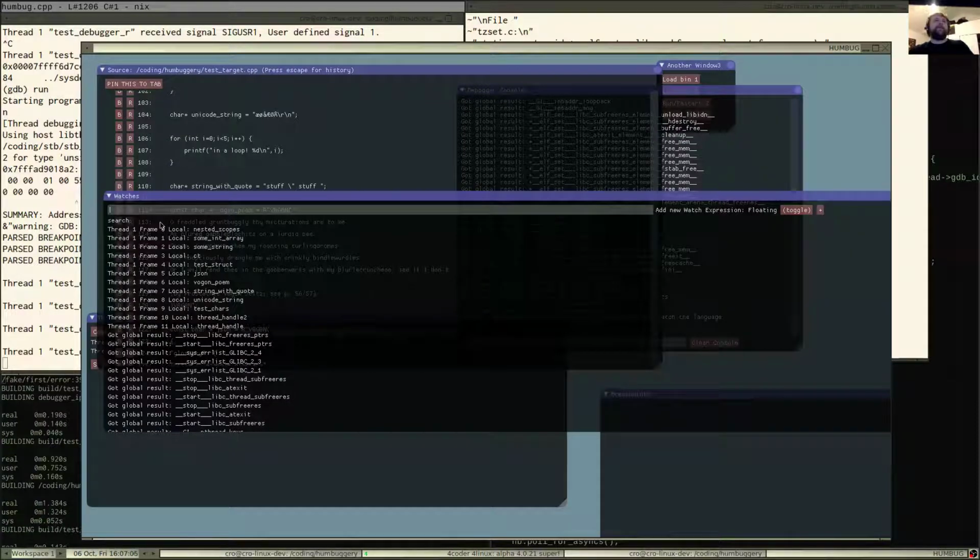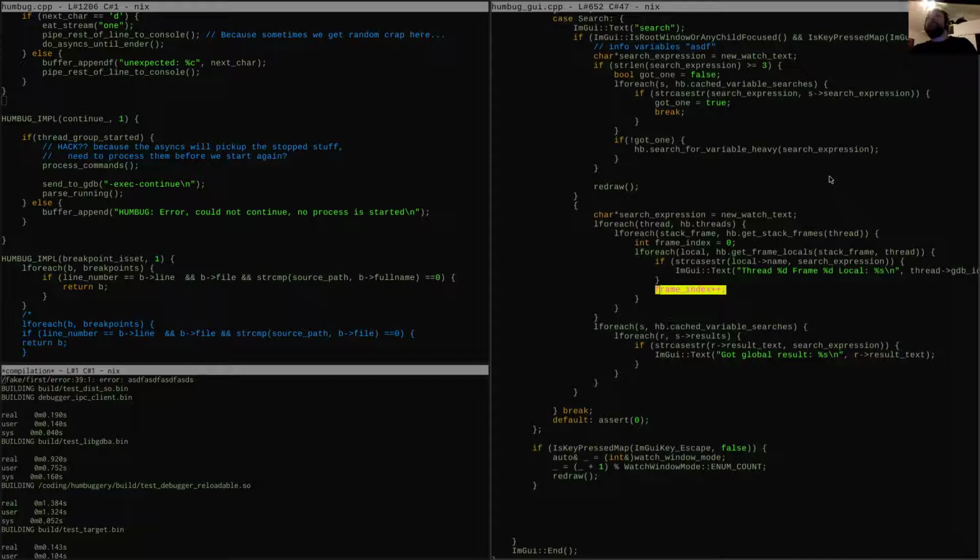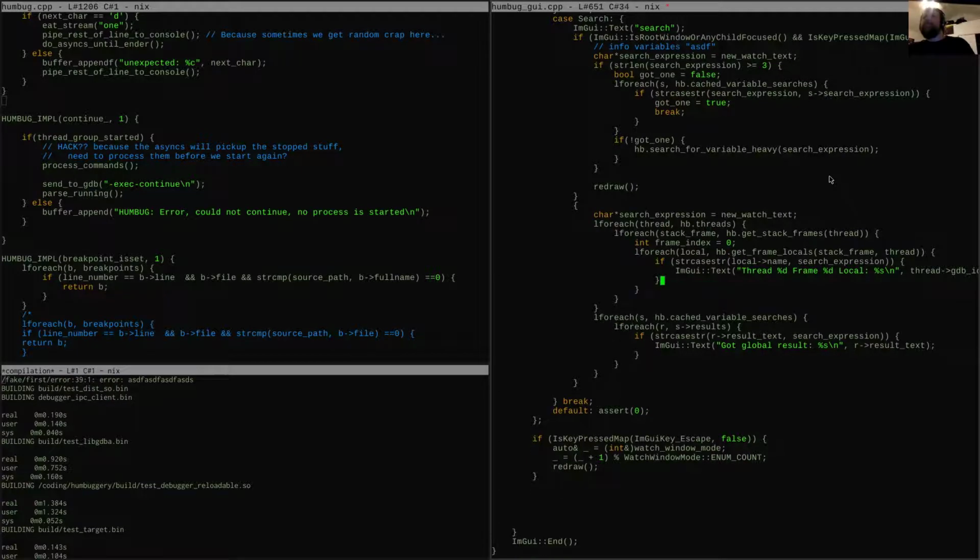I'm actually a little concerned about that. That seems wrong. That seems incorrect. So, frame index. Yeah, okay, this is totally in the wrong spot.